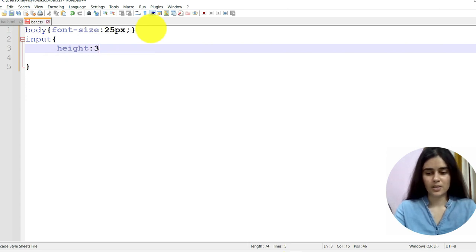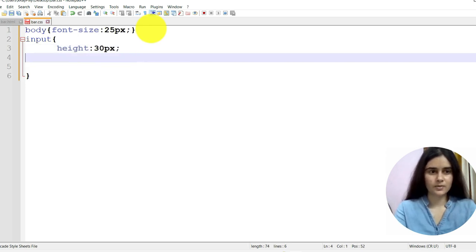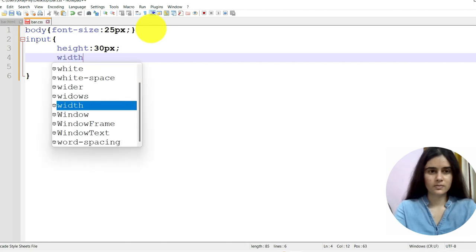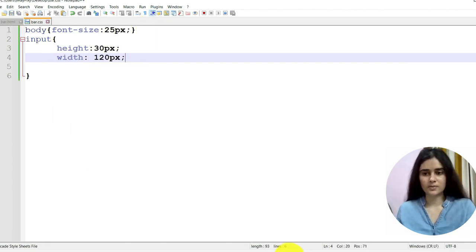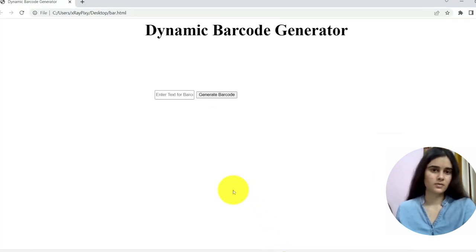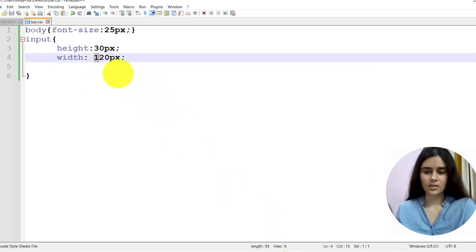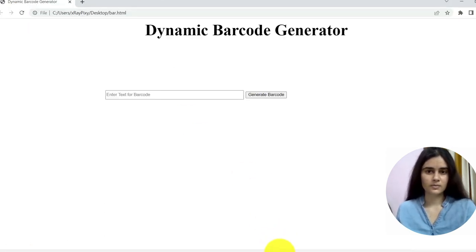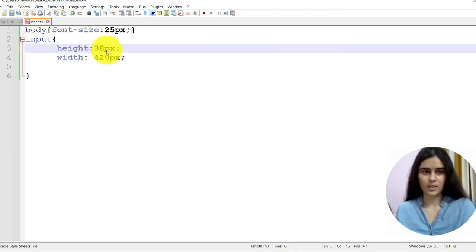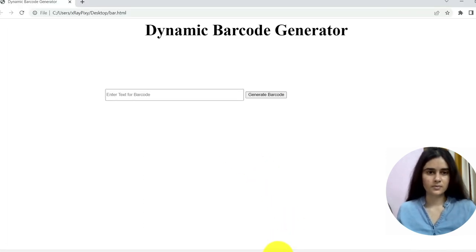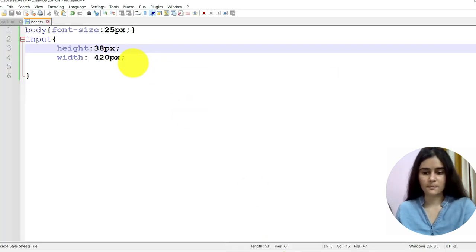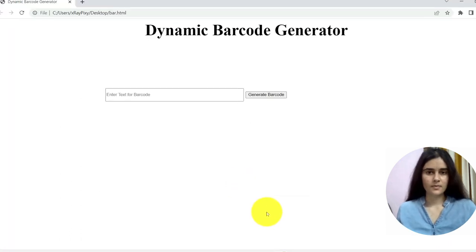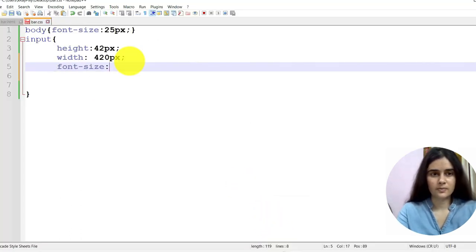Height suppose 30 pixel, width 120 pixel, increase the width, little bit height. Now the font size 20 pixel.